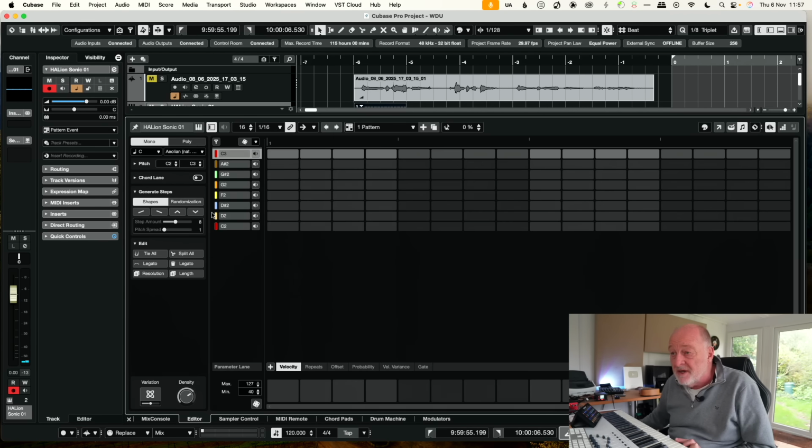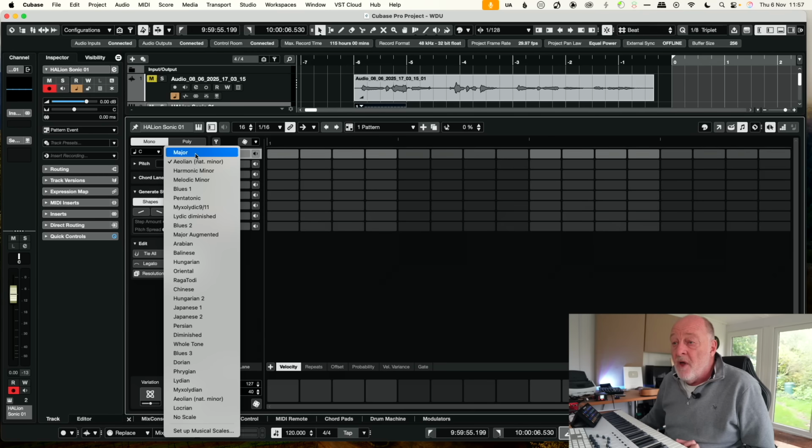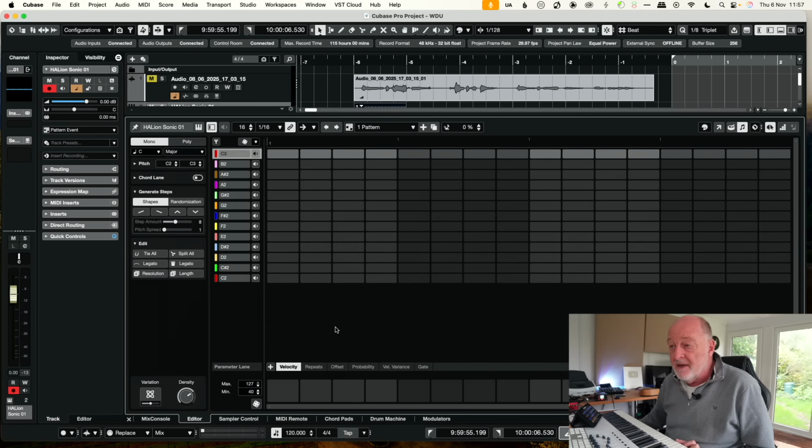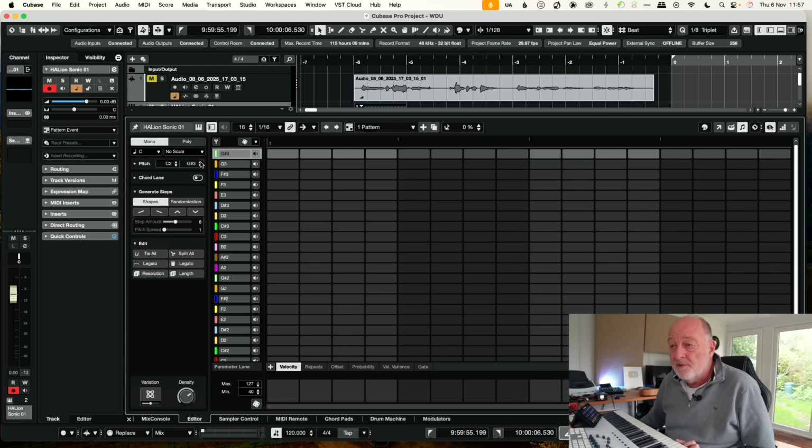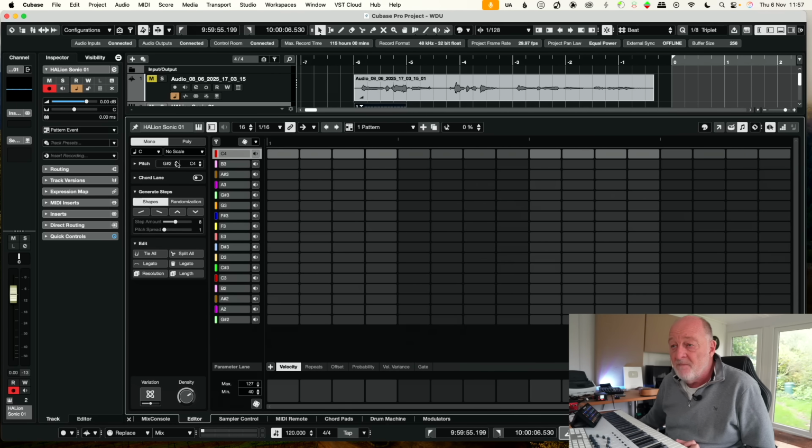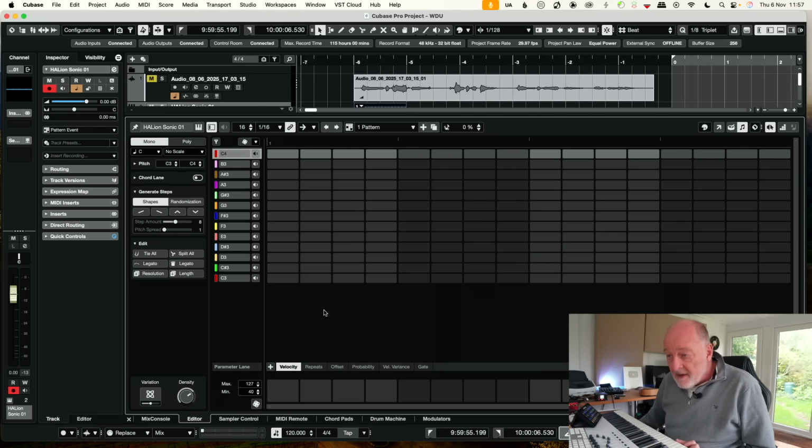So obviously we're choosing melodic because that's new. And here you go. What you can do, you can set up, let's start with no scale, there we go. The range is here, so we're going C2 to C3, so let's actually whack it up to C4. Right, and probably start at C3. Right, now,